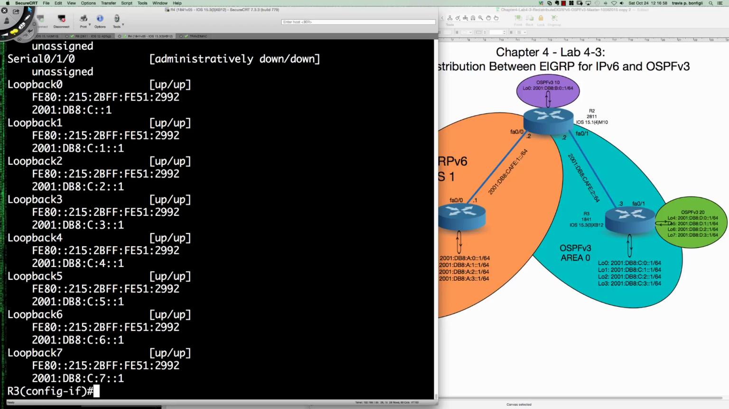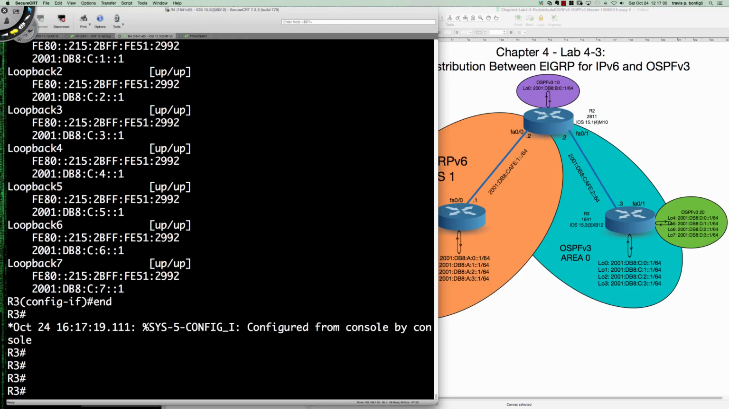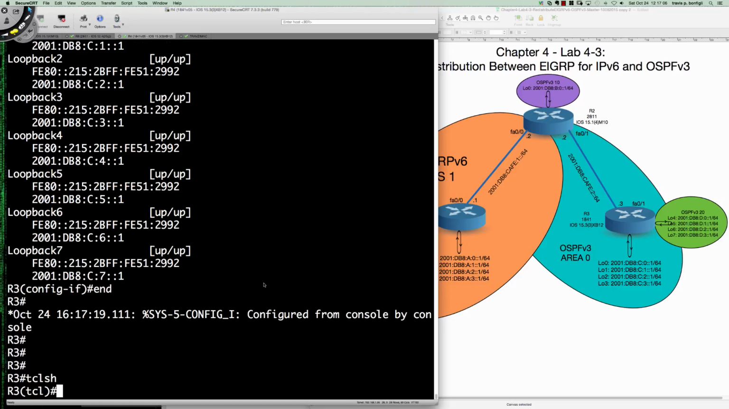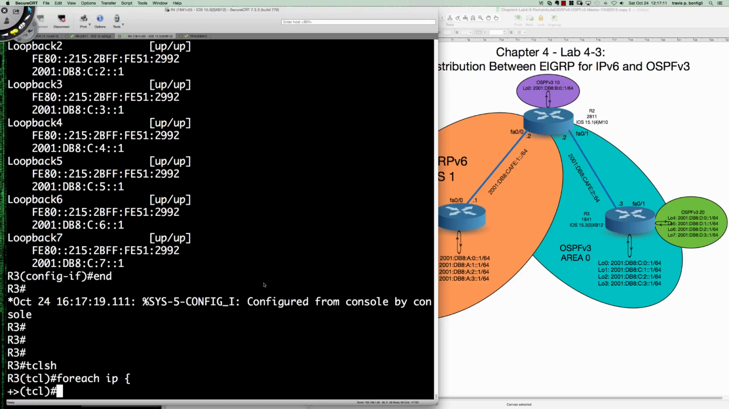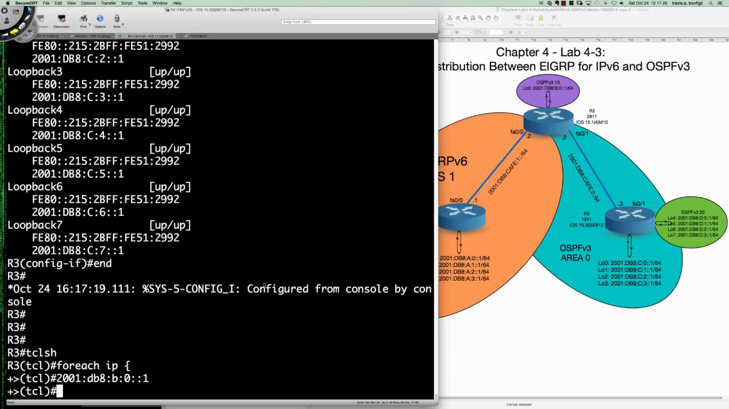So now let's make sure. Let's see. Was it something to do with the 2811s and the 15.1 code? So I'll say TCLSH, and I'll say foreach, and we'll say IP. And let's just go ahead and say 2001:DB8: and let's ping. So router 3, we're pinging over to, we'll try Baker:0:1, and then we'll pick one more address, 2001:DB8:CAFE:2:2, and let's see